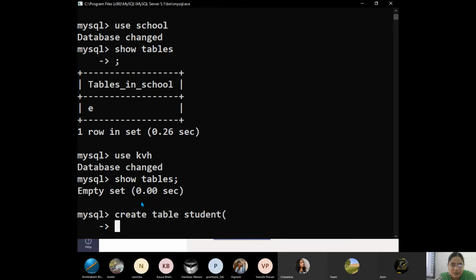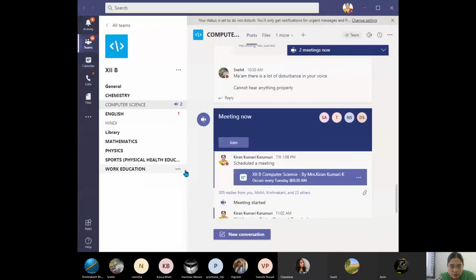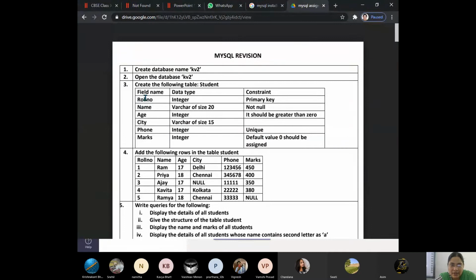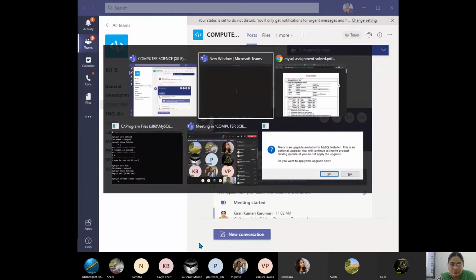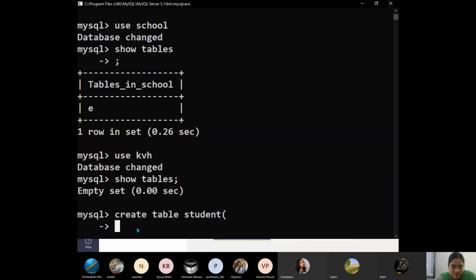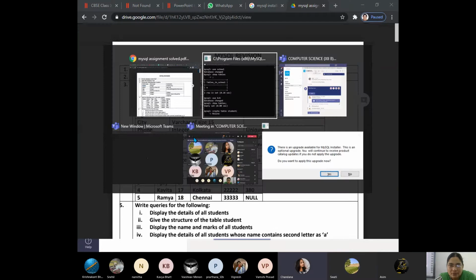Okay, the next, what is the field name? Roll number. Same as it is, we can write. Roll number, what type of data is it? Integer.